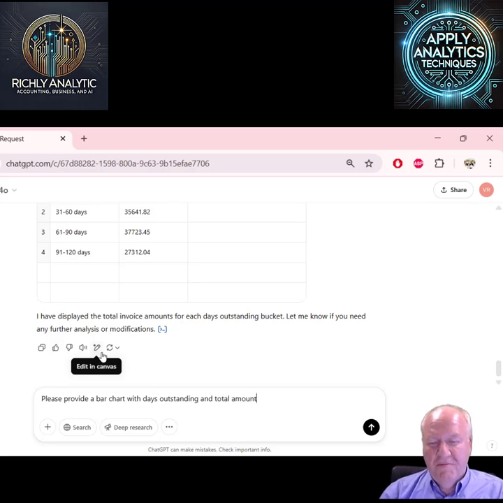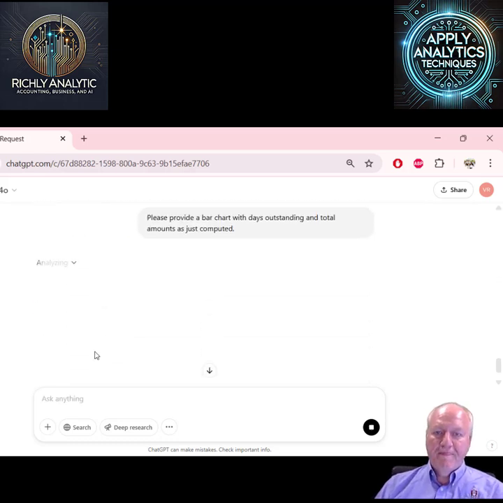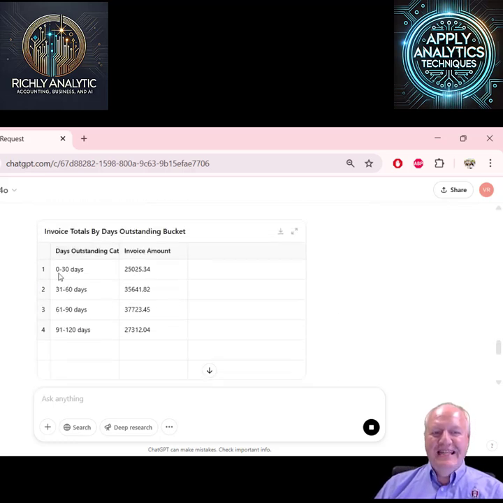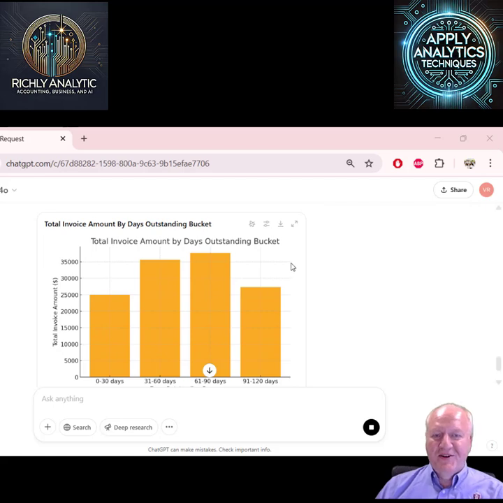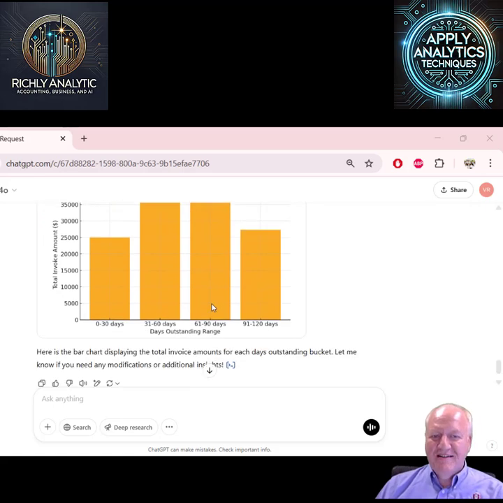And maybe just to make sure it's referring to the last one, I'm going to say days outstanding, total amounts as just computed. So here it's going to do the bar chart for me, and so it'll be just kind of in this same form, but now a bar chart. And so there's that total in terms of a bar chart.